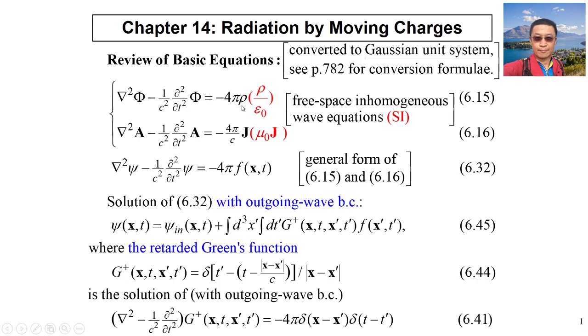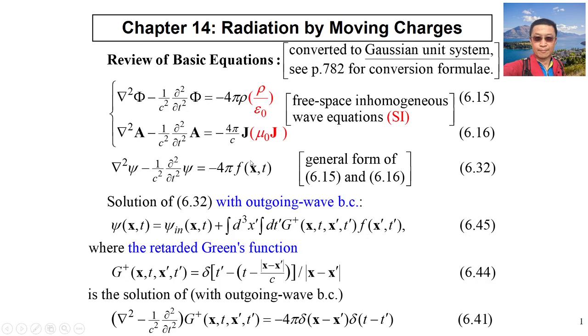For Gaussian units, it's minus 4 pi rho. We have a 4 pi. However, for SI units, we have rho over epsilon 0. For Gaussian units, we have 4 pi over c times J. For SI units, we have mu 0 J. So we can rewrite these